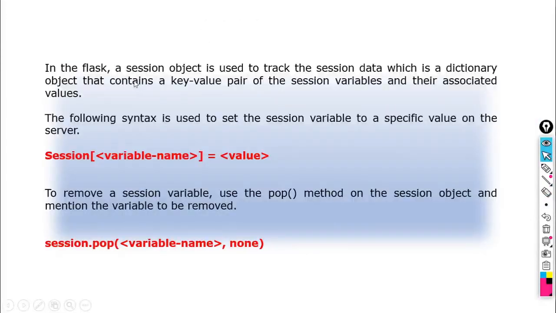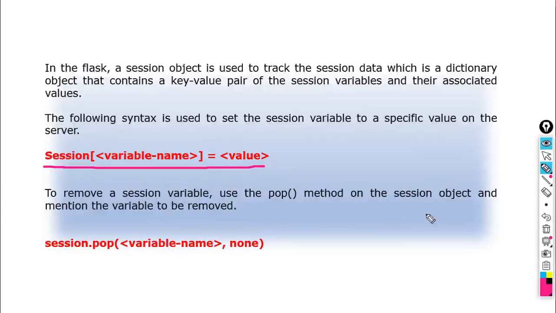The session object is used to track the session data, which is a dictionary object, and as we have seen, a dictionary object consists of key value pairs. The same thing applies to the session: session variables are associated with their corresponding values. How can we set it? This is the syntax: session variable name equal to value. To remove a variable we can use the pop method.